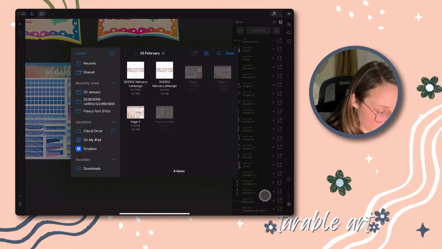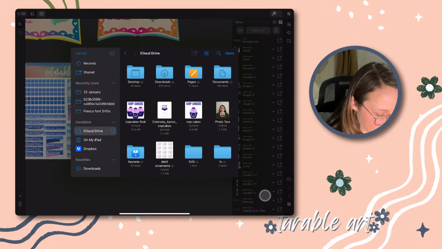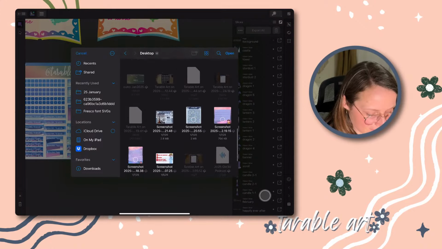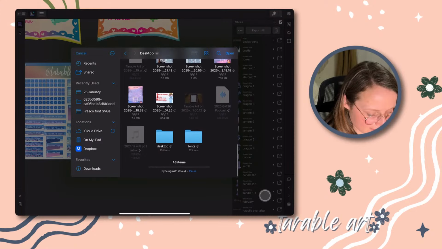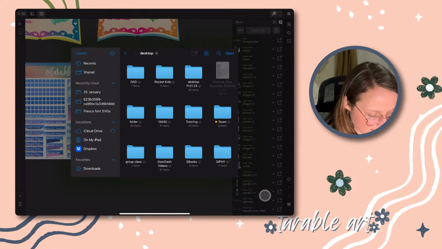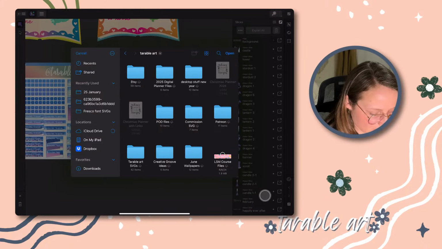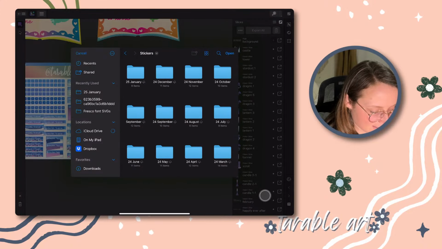I love it. So then I am just going to come here and I am going to go to my iCloud and find my folder where I want to save this. So I do my, that's not right. Where's my Terrible Art folder, Etsy, stickers, and then I need to,